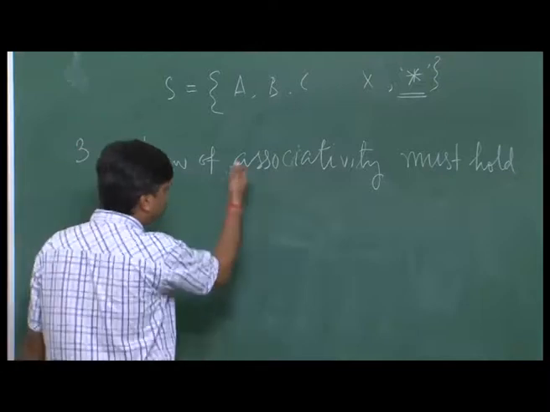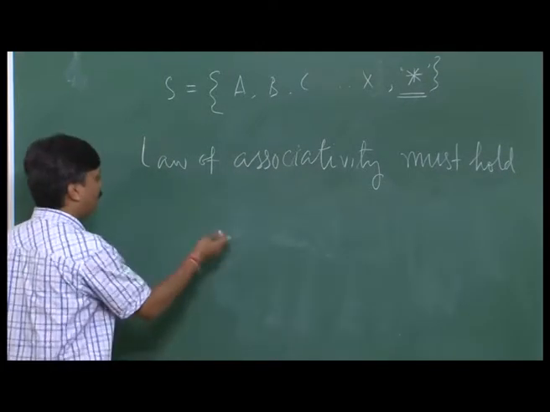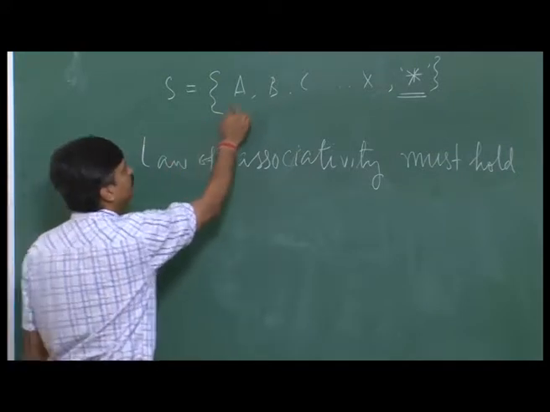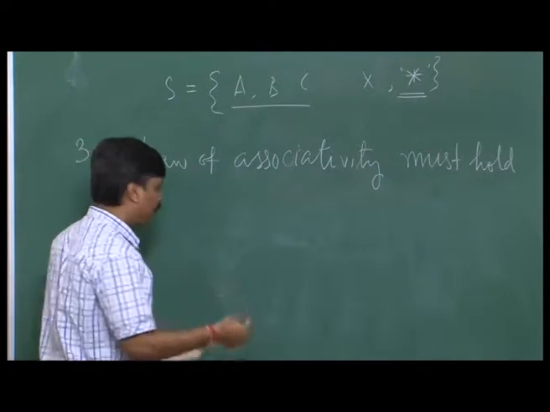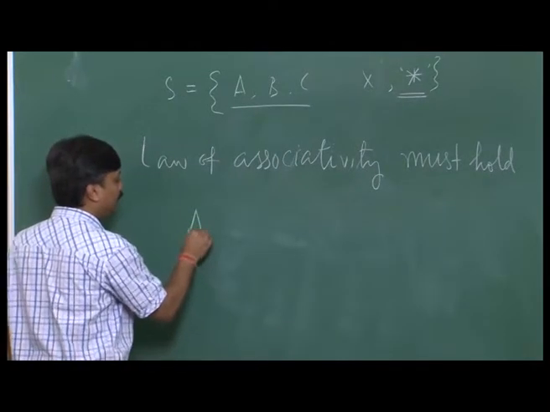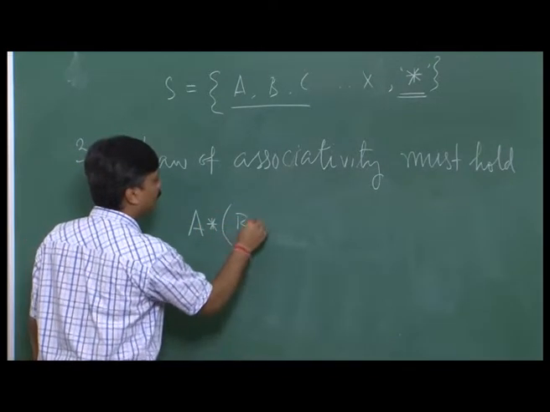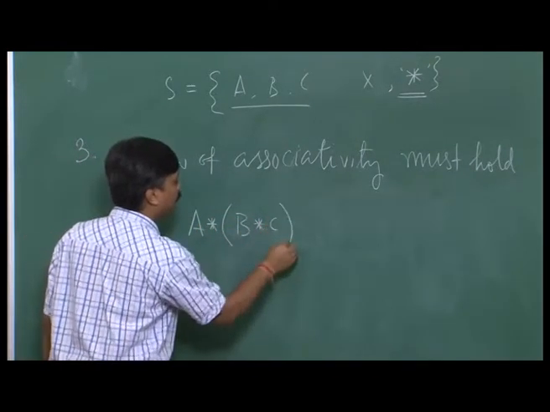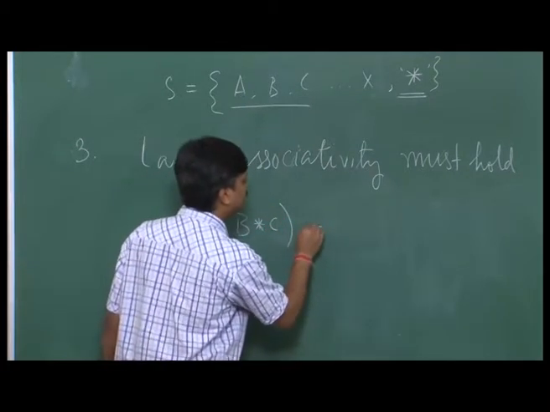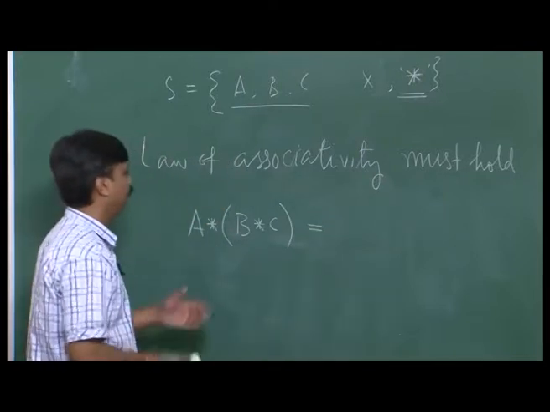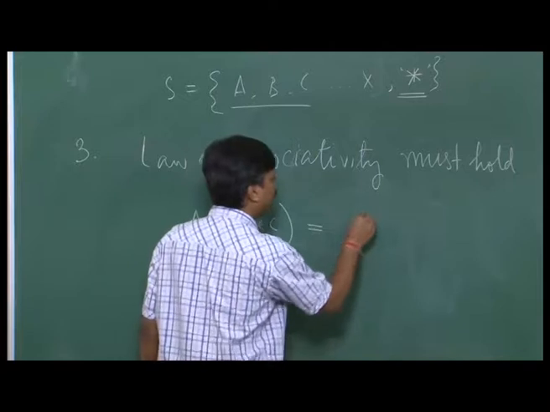Then if I take out 3 elements from that, a, b and c, I take them and combine them in an order like a, in this way. Now if I change this order of combination in such a way that